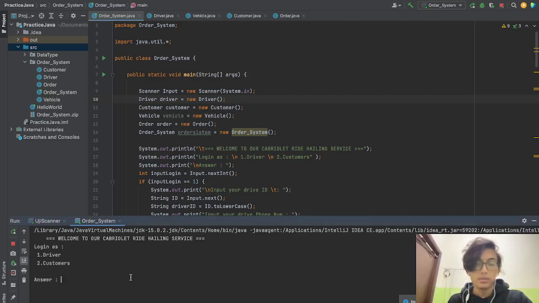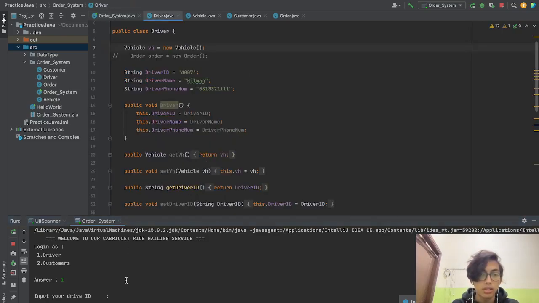So let's say we go with the driver. Here we need to put our driver ID and driver phone number. The format for the driver ID is one alphabet and 3 numbers. Let's go with D007 and type in the correct phone number, which is 08133 4 times.